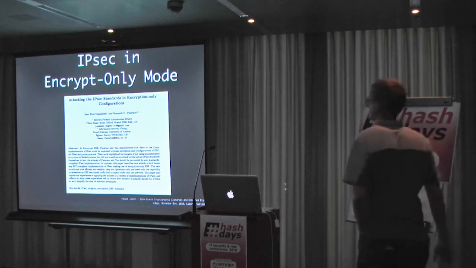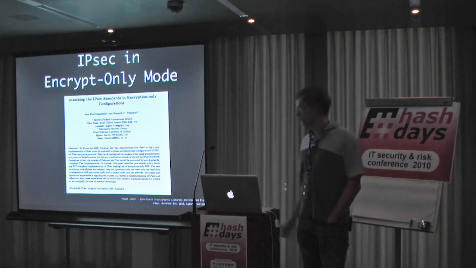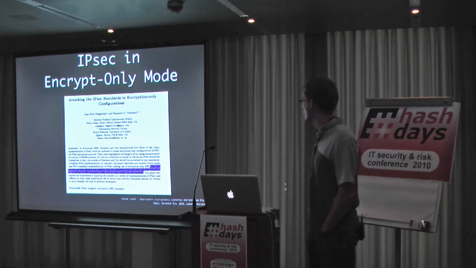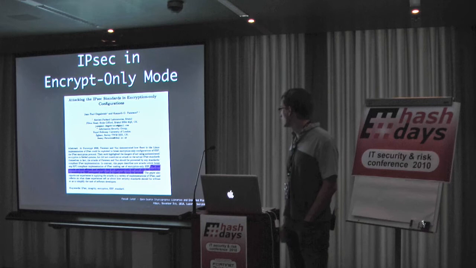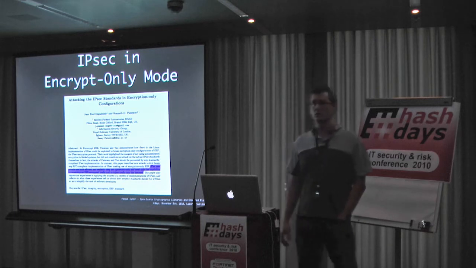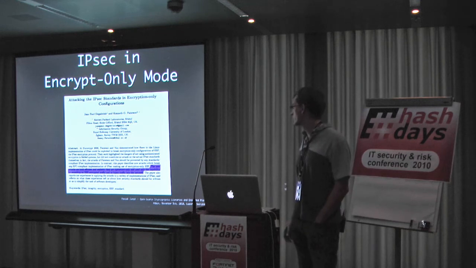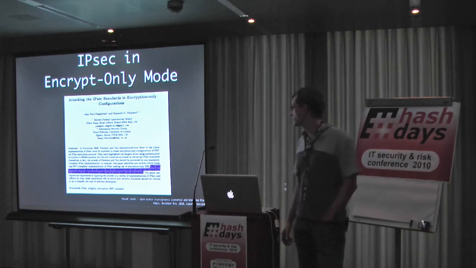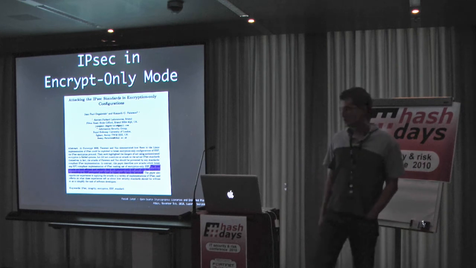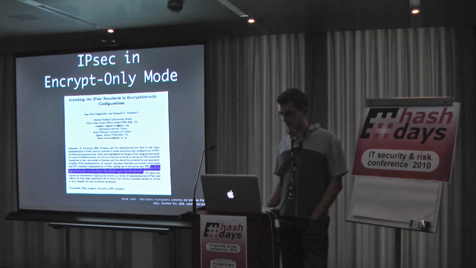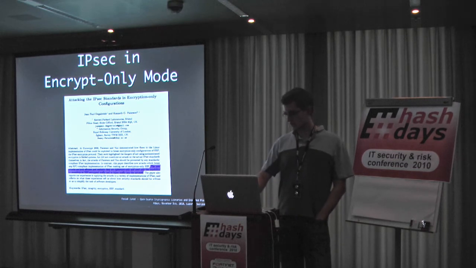So if you encrypt only and you forget to authenticate, you're going to suffer. And they say the new attacks are both efficient and realistic. They are ciphertext only, so you only need a bit of ciphertext, and only the capability to eavesdrop on ESP encrypted traffic and to inject traffic into the network. So this is an example of bad choice of protocols, bad choice of configuration, which is still present today in a very famous security standard like IPsec.